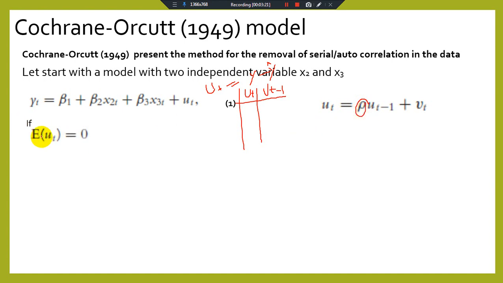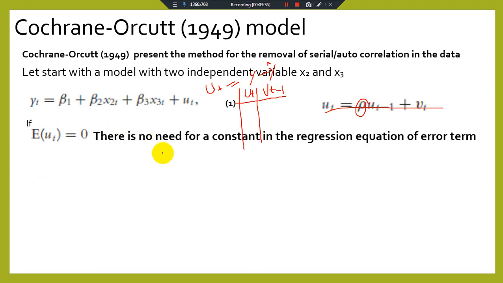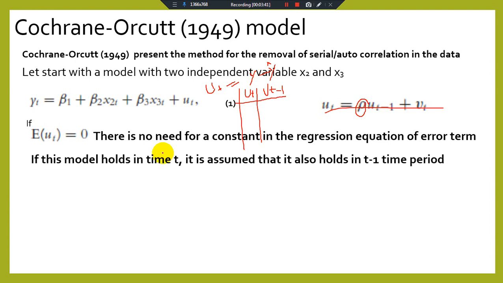Okay, normally we suppose that the expected value of the error is equal to 0, then we cannot include a constant term in this particular regression line. There is no need for a constant term in the regression equation of the error term. Okay, if the model holds in time t, it is assumed that it holds in time t minus 1. So see, this is our basic equation. If this model holds in the current period, this means that this model is also assumed to hold in our previous period. So then our equation becomes